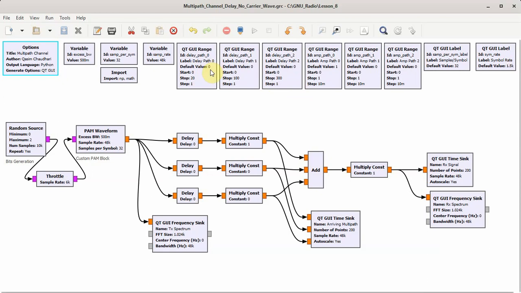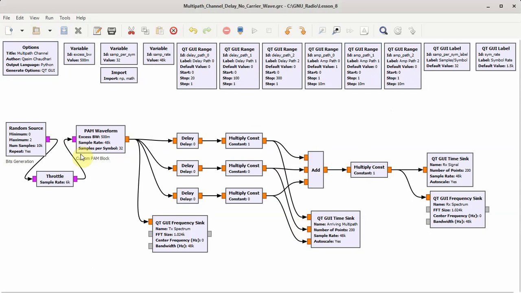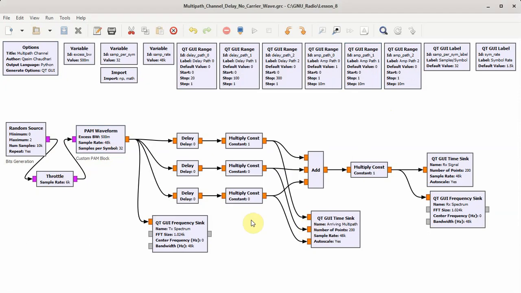The first path comes with a default value of 0, the same as the second and third path. Let us call it the direct path, the first multipath, and the second multipath to avoid confusion between path 0 and path 1. Their amplitudes have been chosen such that the default value for the direct path is 1 and the first and second multipath have the value 0. After the bits generation, we generate a pulse amplitude modulation waveform where these values are coming from the variables defined here,